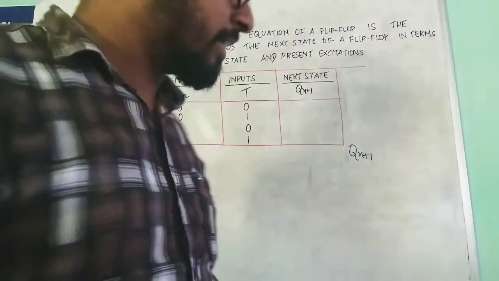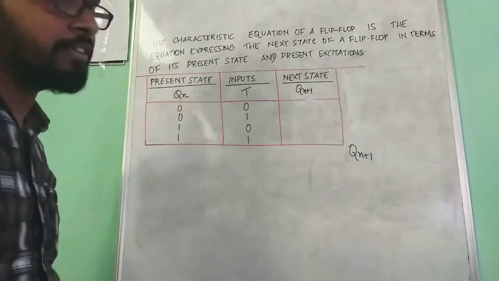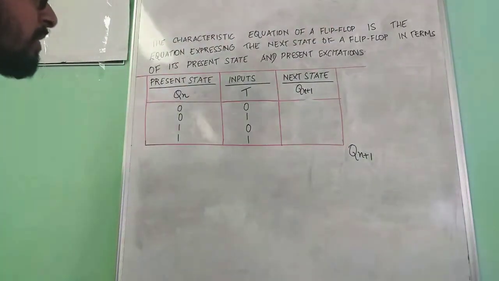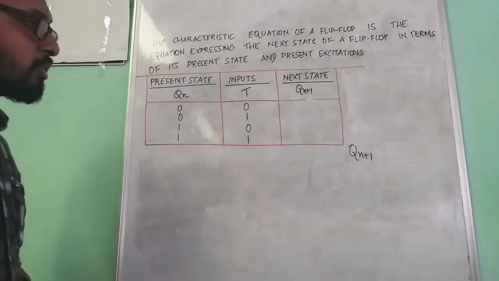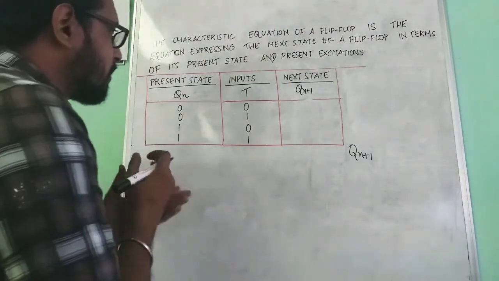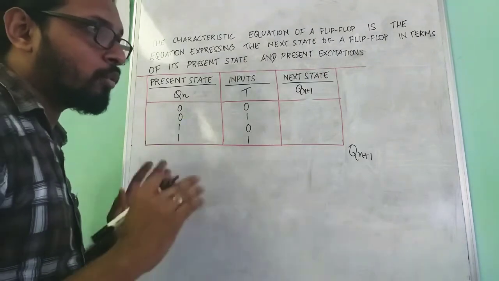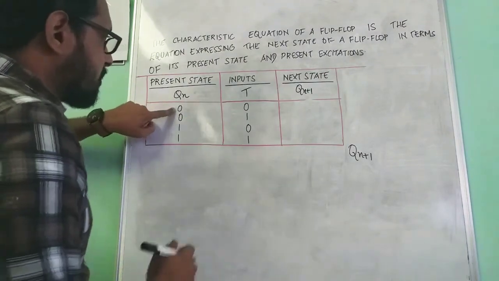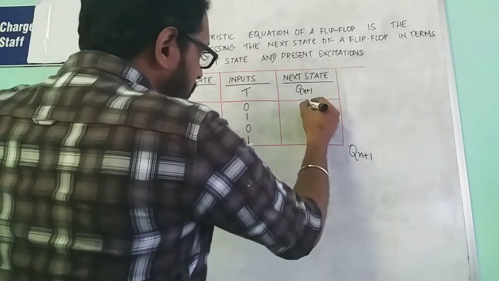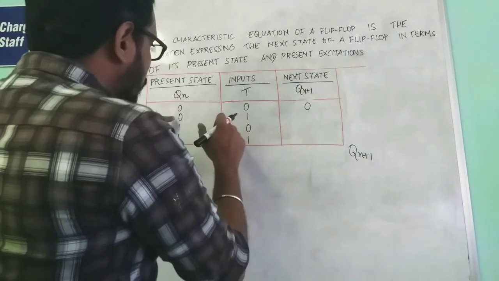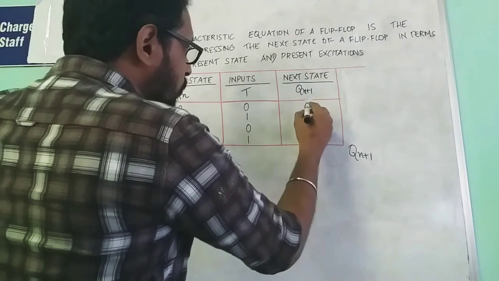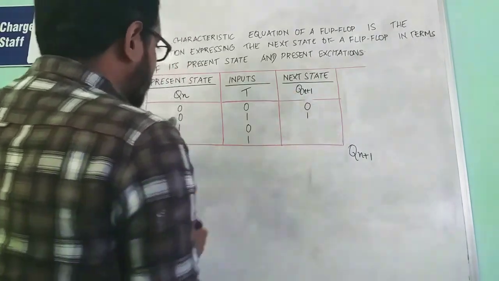Next is the excitation table for the T flip-flop. I have written T here, okay? And how can we solve this? Based on T, we just had two cases. You are familiar with that. When T is 0, there won't be any toggle. That is, when the value of T is 0 and the present state is 0, it means no change. When the value of T is 1 and the present state is 0, it means we need to toggle, that is, 0 changes to 1.